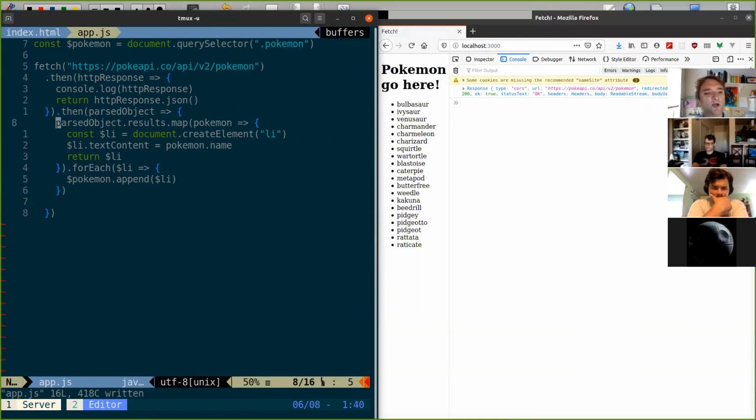Parsed object dot results. Well, I need to have a parsed object to do that. So that has to exist in here at least. Now, the stuff inside of this, if I want to do it inline with this fat arrow, that's got to be there because I'm working with that. If you want to see the advanced way to do it,